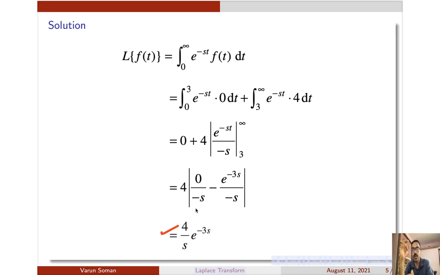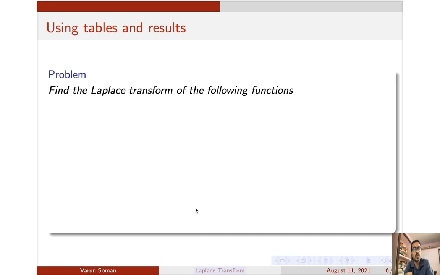Now let us move on to problems where you will have to use the table. Mostly I will be giving hints, and you have to do it by yourself. Let us try to do it. Let us first do this problem. Find the Laplace transform of 3t plus 12. So here is the problem. You have to find the transform of 3t plus 12.